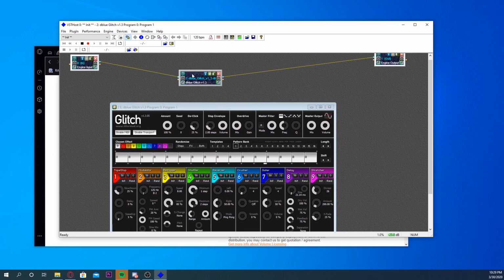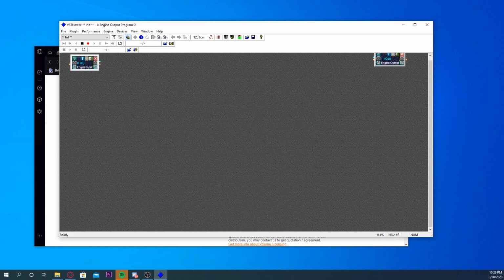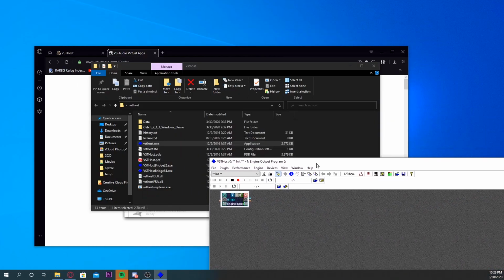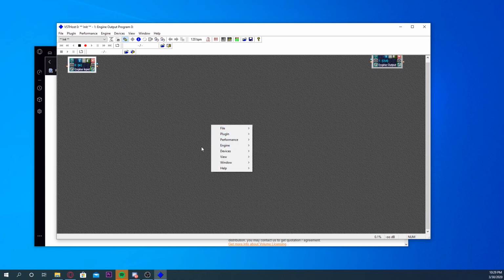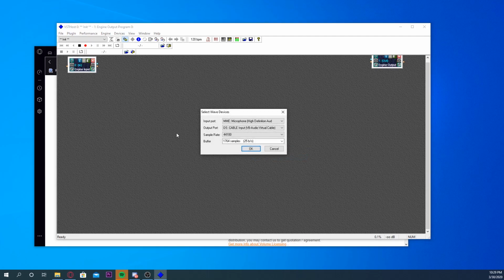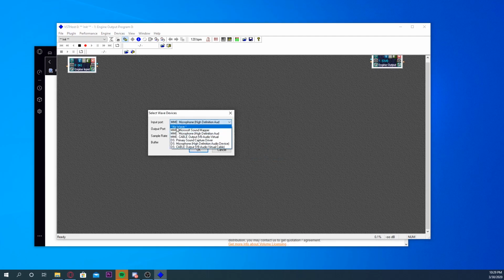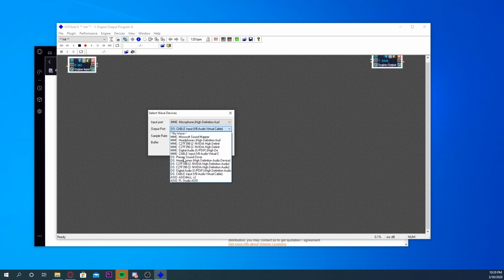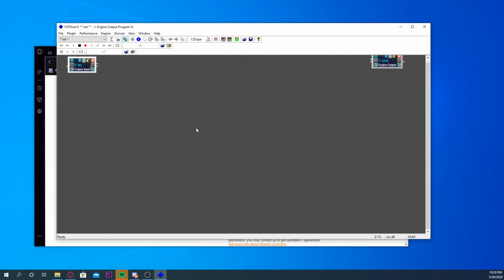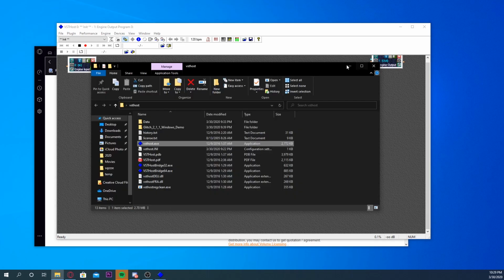so basically first thing you want to do is I'm just going to delete this, and first thing you want to do is right click and go into devices, go to Wave, set your input to your microphone, and then set the output port for cable input. I did DS because it just seems to work better. And you click OK, and then you wanna